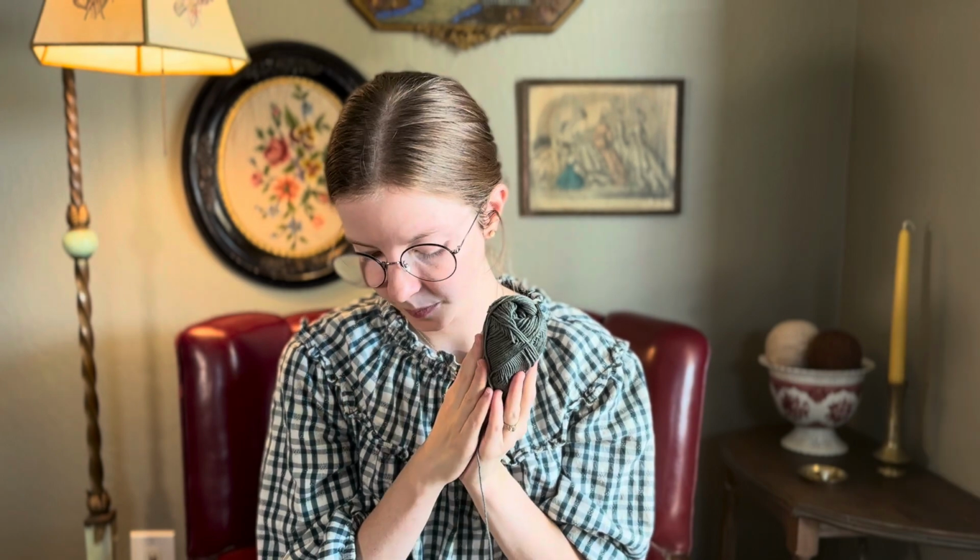But that's where you get the Sugar and Cream. I believe it was called Sugar and Cream. This, you guys, is not Sugar and Cream. This is like luxury cotton. It is so soft and it does not hurt your hands. I would love to buy more colors in this. They have so many colors too. So I would love to buy more colors and knit either the same bandana pattern, or buy other bandana patterns and have a collection of different colored bandanas to wear just over my